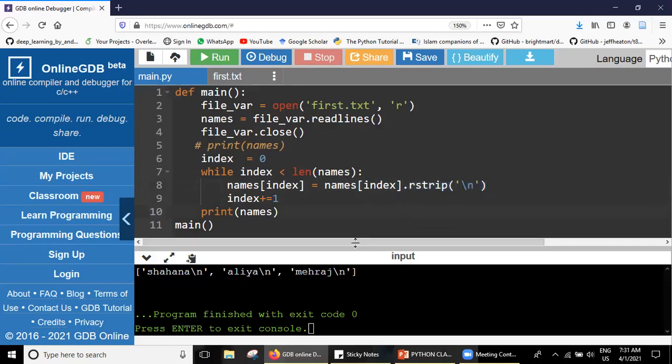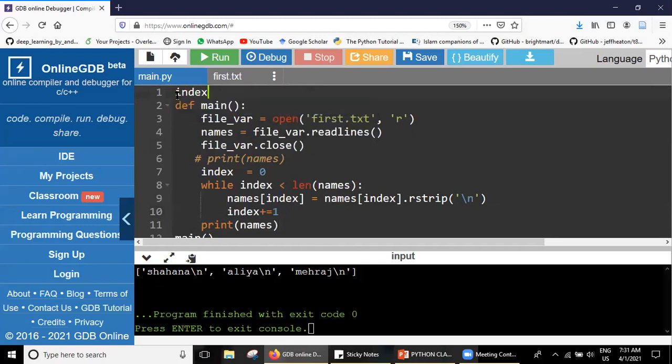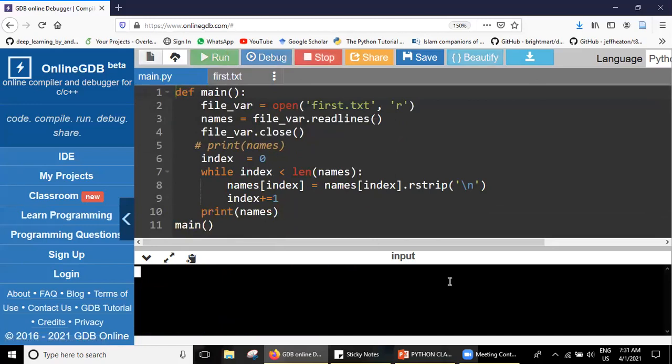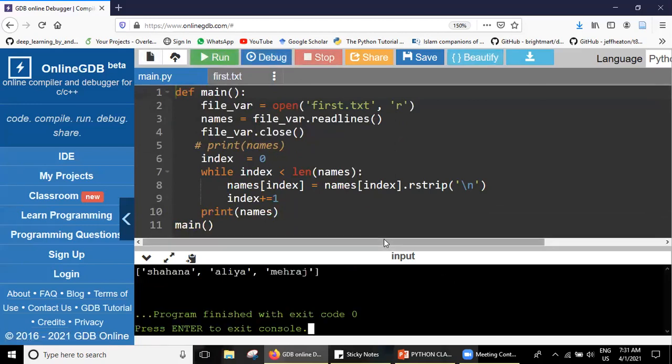If you remember the last print of names, we didn't get this one, right? We didn't get this one, but this time we got this slash n. Why did we get this slash n? Because we oriented this tuple in the form of this thing. Index 0, we just changed the orientation. Index of 1, each in the next line. Okay, if you see this output, I hope you will understand it.